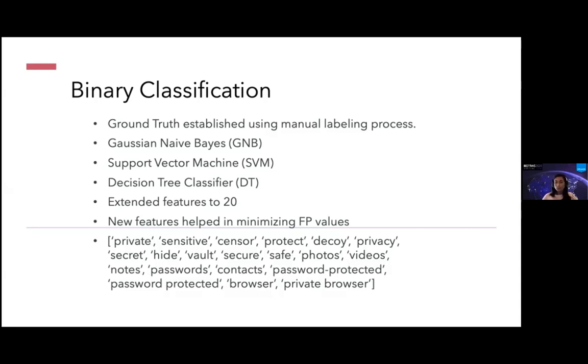So to establish ground truth, what we did was, the 2,300 applications that we obtained from the US App Store, we basically manually labeled those applications, whether they were true vaults or not vaults. So in order to do this, we split it among each other in the team, and then we manually looked into each and every application's App Store page, and then we read their description, we read their functionality. Several times, we also installed those applications if they were free applications and if they did not require any subscription, and then made sure that,